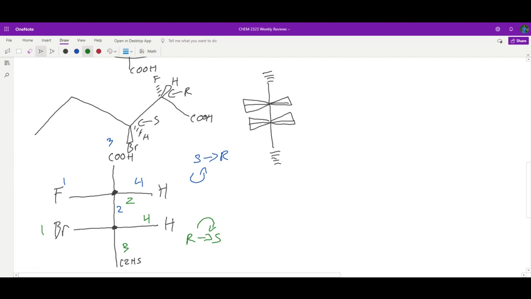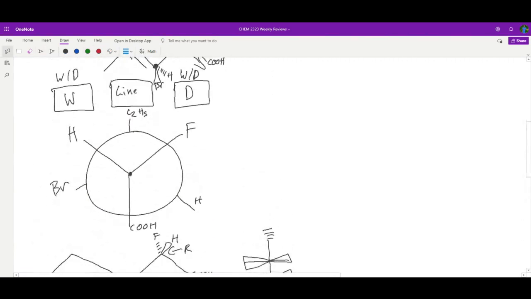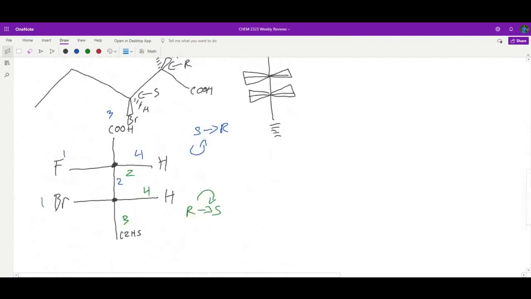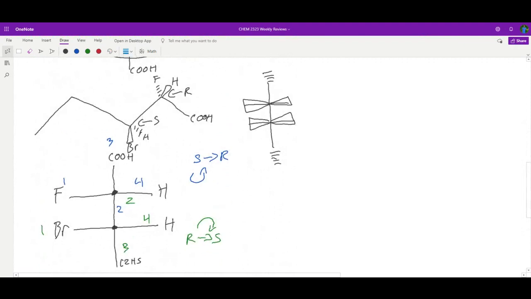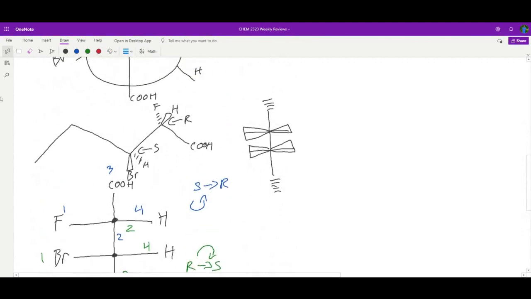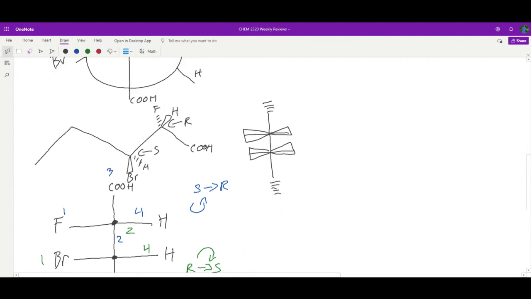So the reason why I got confused is bromine and fluorine are on the same side now, whereas before they weren't. So like I said, don't apply the same rules to Newman as you do to Fisher, okay? Newman, for sure, they will be on opposite sides. Fisher, it can be both. They can either be on the same side or opposite sides. All right, so that's an example of